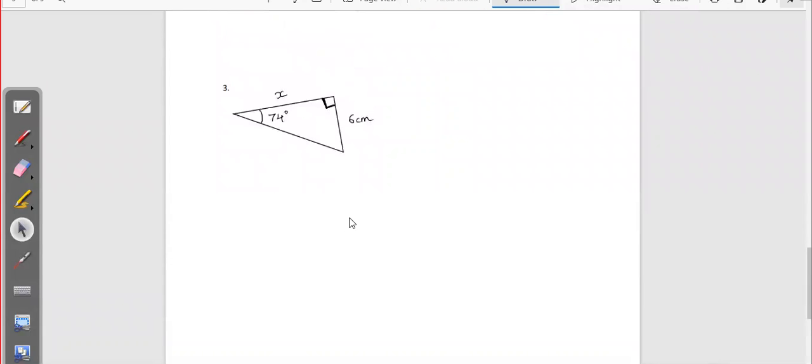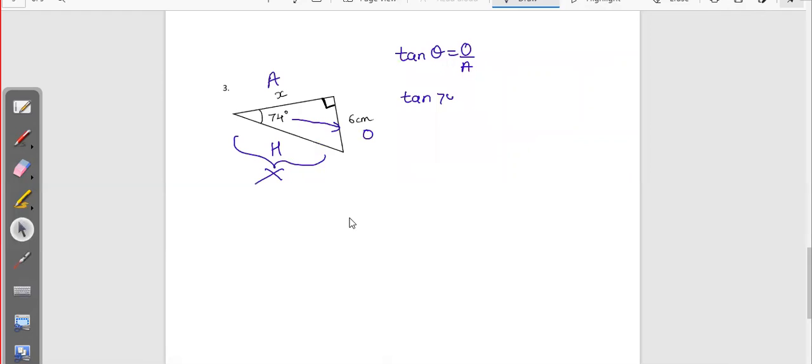And then the last question, question 3. Again, we have to mark the sides here. So this is the angle 74. This is the opposite side, this is the adjacent side, and this is the hypotenuse. The hypotenuse side is not given to us, so we have to neglect this side. The formula which has only adjacent and opposite is tan theta. Tan theta is opposite upon adjacent. So we will use this formula.